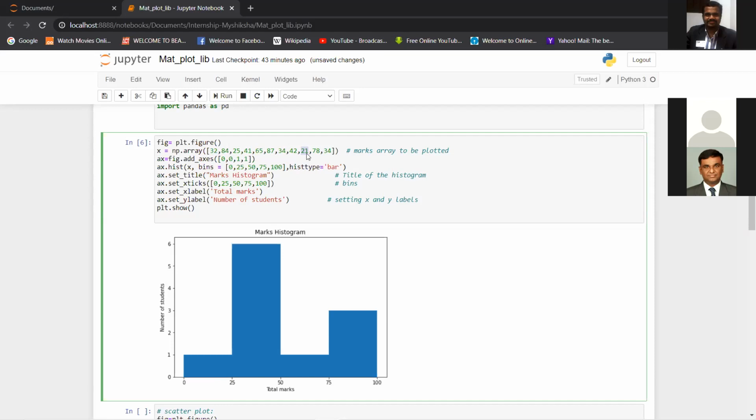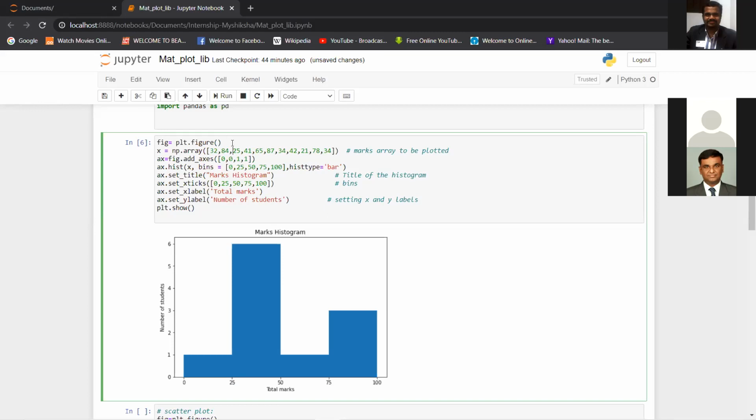So that's why you see for 0 to 25 the number of students is only one. The 25 will be in the next class. The left side of the class is inclusive, the right side is not. Okay, so it is not 0 to 25 inclusive of 25. You will get elements till 24 here.